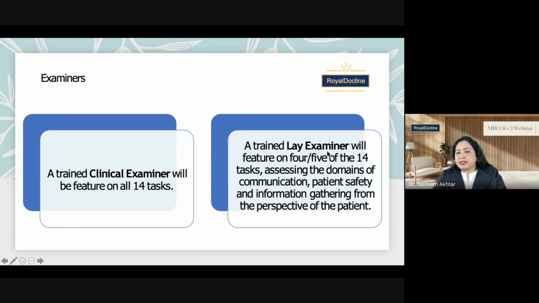And you know, these lay examiners are very well trained and given the instructions in the morning. They know their trick. Once you leave the cubicle, the clinical examiner will ask this examiner, what do you think? How was she? Did she answer all of your questions? Are you satisfied? Did you get the proper information? Did you understand? Was she empathetic? Did she say sorry for anything which was missed? Whatever. This examiner is also very important to pass you. So please don't ignore this one.